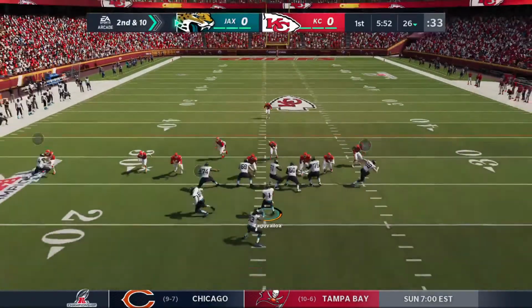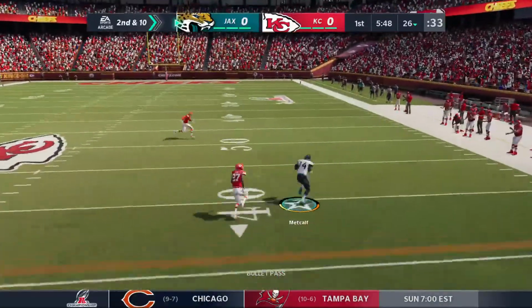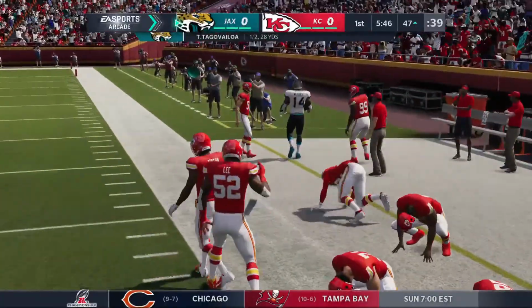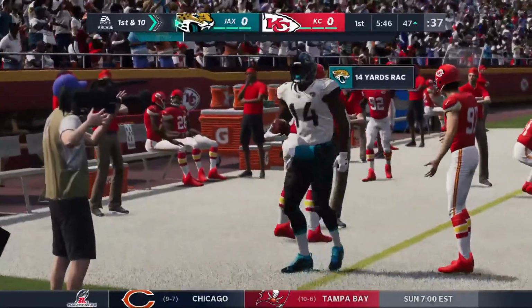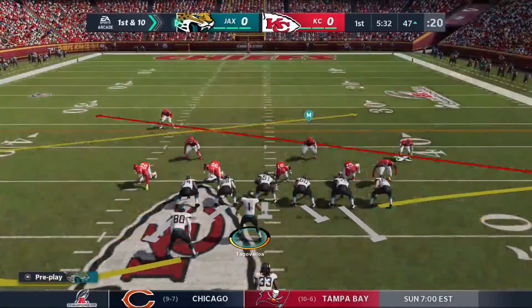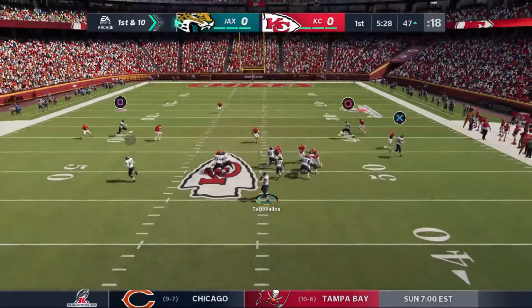2nd and 10, a very chilly day here, but no snow. And I've got to say, if it's going to be this cold, I want snow. You should see Charles' face. He's looking at me like I'm crazy. 28 yards the gain there on the catch and run. And let's face it, what we just saw there, not a surprise, is it? I mean, this is what he does well. And if you don't